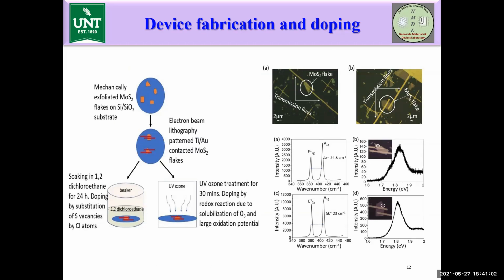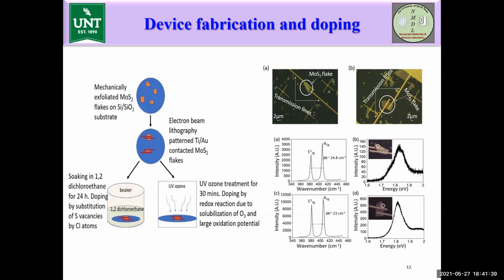And once we made the contacts, we followed two doping processes, one for N-type doping and another for P-type doping. So for N-type doping, we immersed our device in 1,2-dichloroethane and soaked it for 24 hours. The way doping happens in this is by substitution of sulfur vacancies by chlorine atoms, which causes a broadening and merging of the bands,